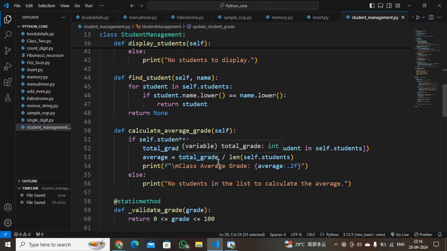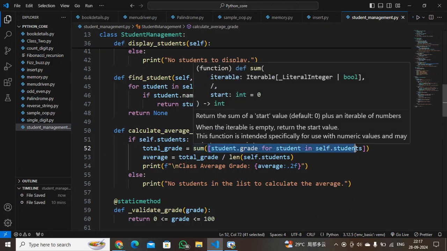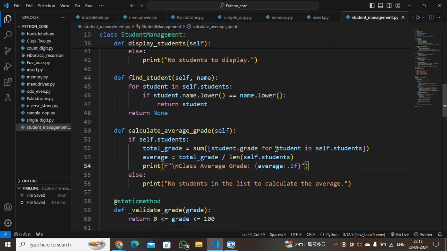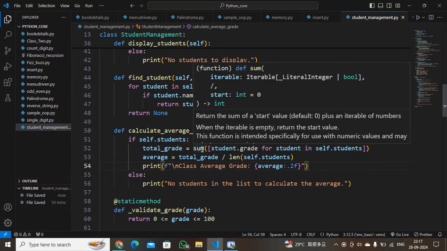See, here I have used the list comprehension concept, that is for every student object in the student list, I am extracting the grade, making it a list, and I am using the inbuilt function of Python, sum, which will take a list as an iterable, because a list we know is an iterable.